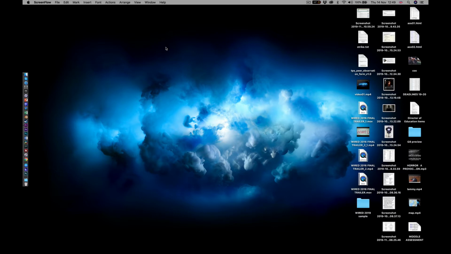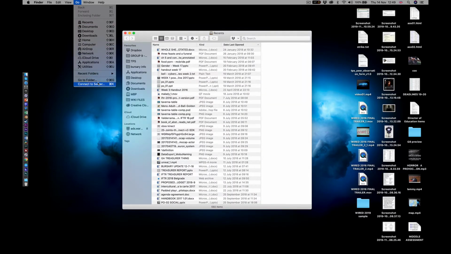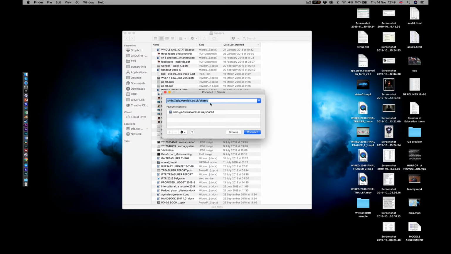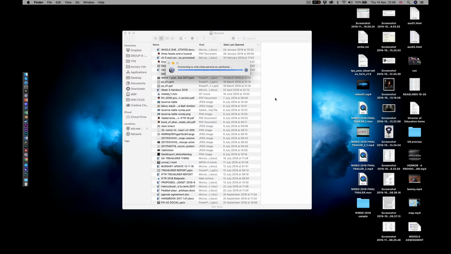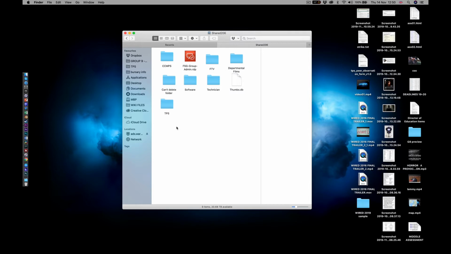And in terms of connecting to the server, you might want to do that from the get-go, so just go to Finder here and choose Go, Connect to Server, and it is worth storing that address. First time you tap it in, you can click this plus button and then it'll add it to your list of favorite servers like that. So click connect, that's going to add it to the list of servers, and then when you navigate to your particular area,